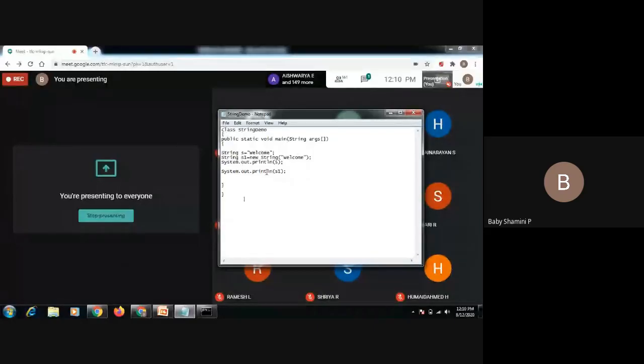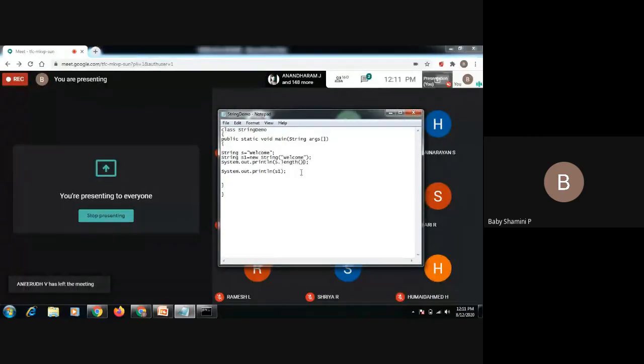So the next one is the length of the string. The length of the string means the number of characters present in the string. How do we find the length of the string? Here we have an object s. So s.length(). System.out.println(s.length()).